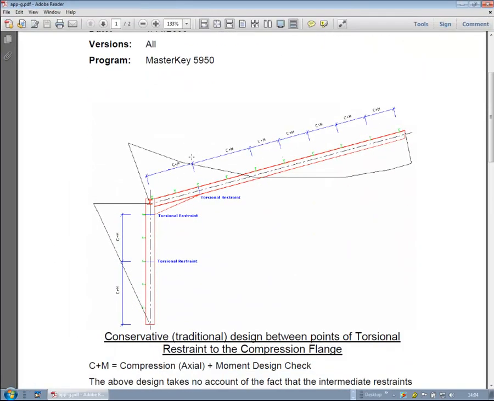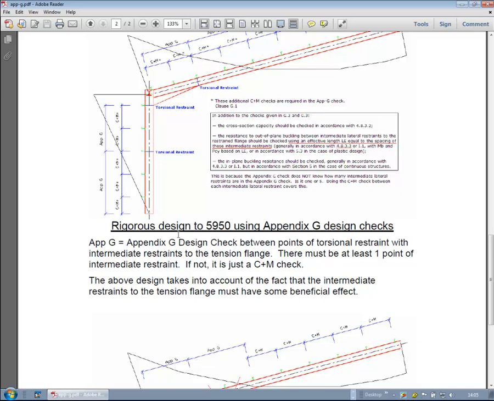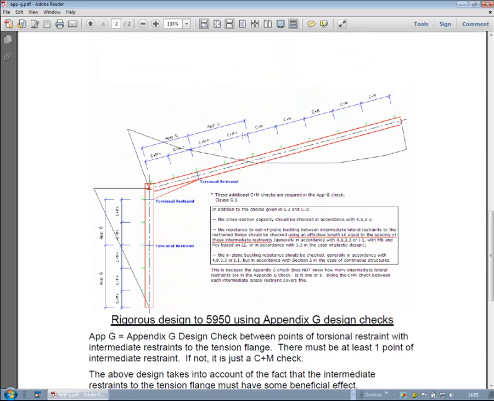This is the conservative method you would have done for years before we had appendix G. You would have designed for each of these compression flange restraints, and then to this compression flange restraint between there and there, and from this compression flange to here. Now, with 5950, we were able to say, well, actually, we can do, instead of a compression plus moment across there, an appendix G and appendix G, and then